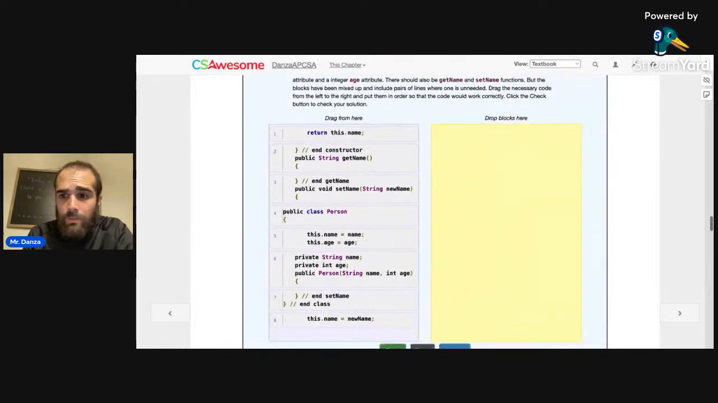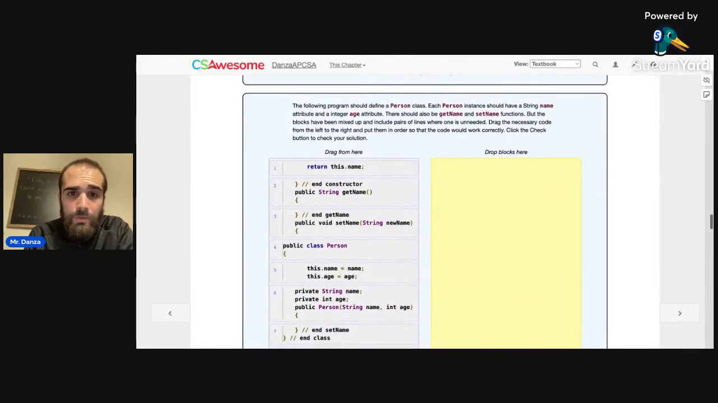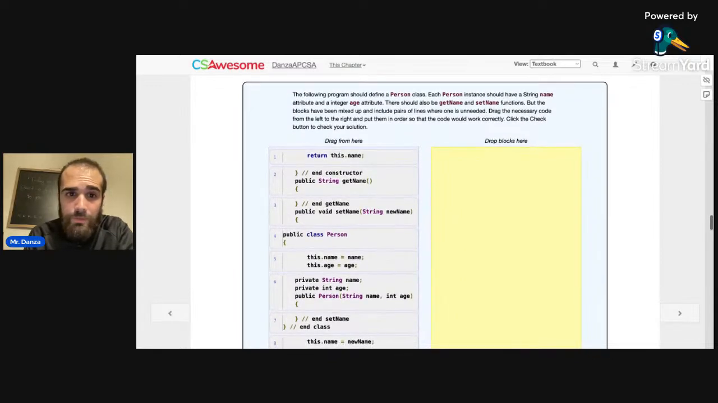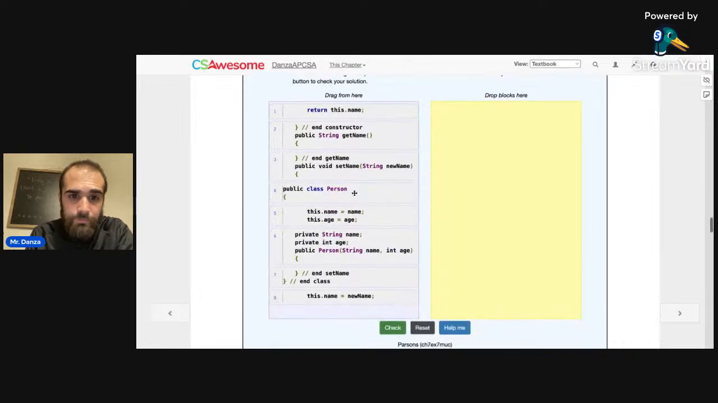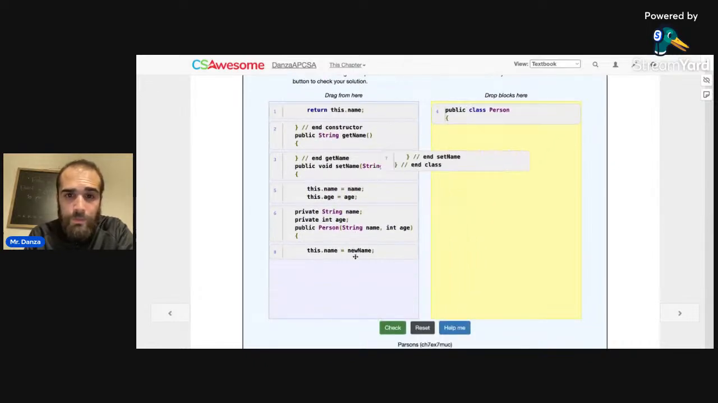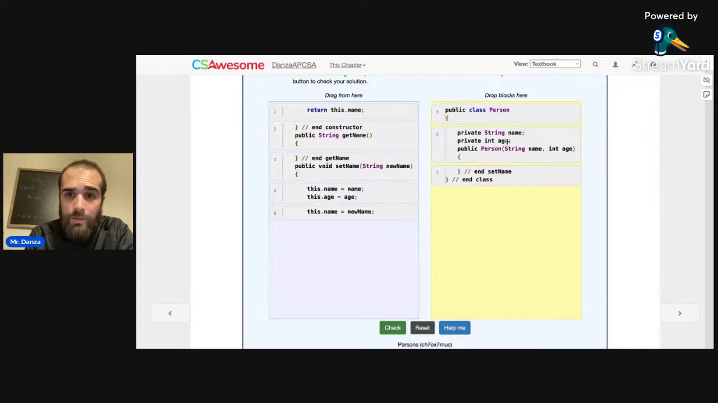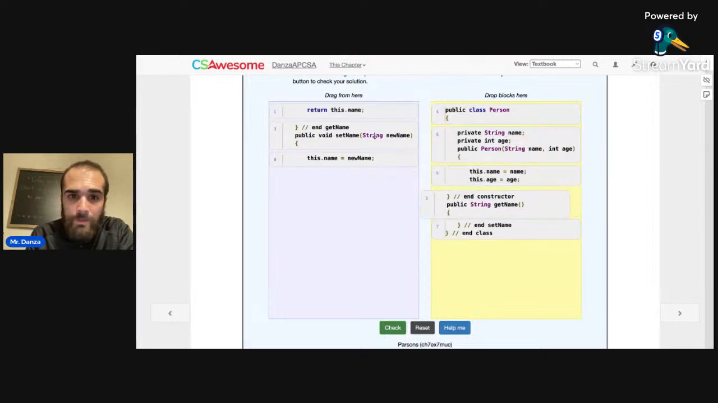The following program should define a person class. Each person instance should have a string name and integer age. Person, let's close it. These are my instance variables here, my constructor, and that brings in name. So I'm going to go ahead and just say this name is assigned name, this age is assigned age, which puts that up into the instance variables. I'm going to end the constructor,